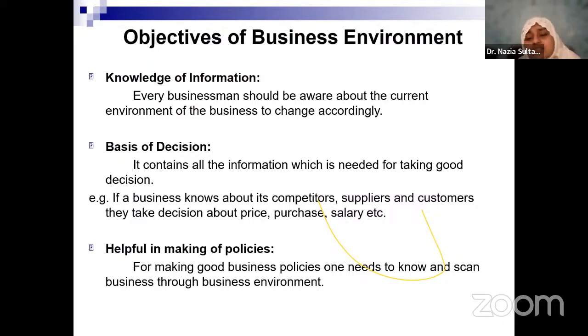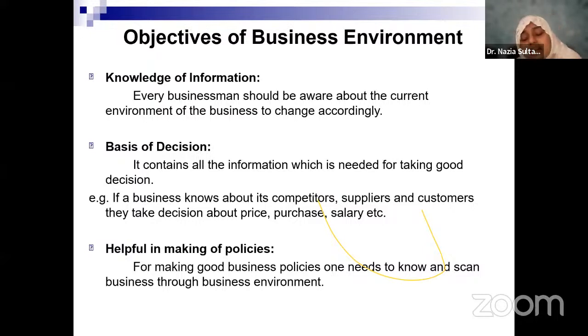For each one of these businesses, it is very essential that to run their business, they have a complete knowledge about the environments which are around them. If they are not aware about policies which are surrounding the business, if they are not aware about HR changes, if they are not aware about the latest technology that the business has to use, then the business success will be very doubtful. So it is essential that all businessmen are aware about the environmental factors surrounding that particular business, so that they adjust their business policies according to the environment.